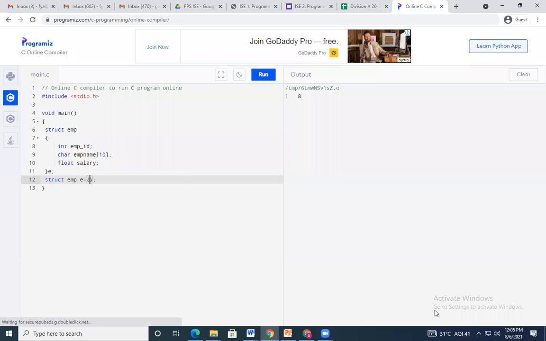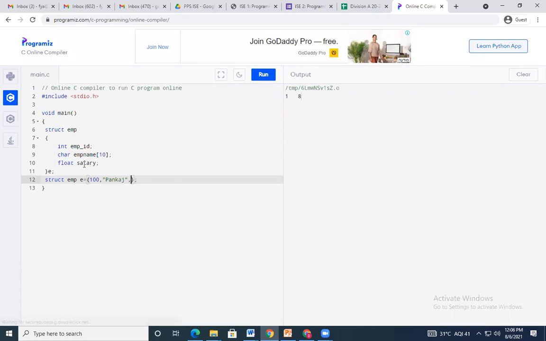Now what is my first variable? Employee ID, which is of type integer. So I will give the integer value. Let's say 100. This is my employee ID. Okay, now employee name, which is of type character. And if it is a string, I can give a value of up to 10 characters. So that means it is a string, so I will use double quotes. Let's say again I will use my name.